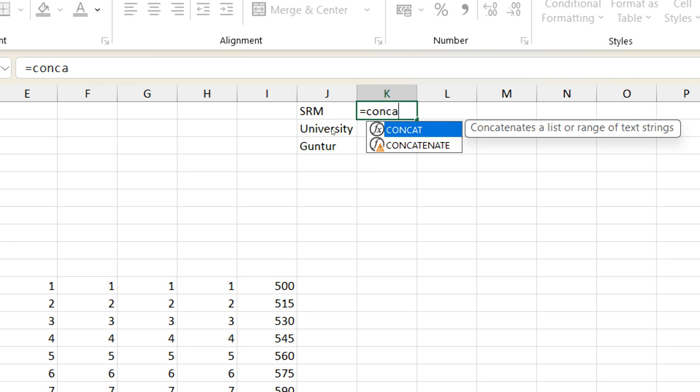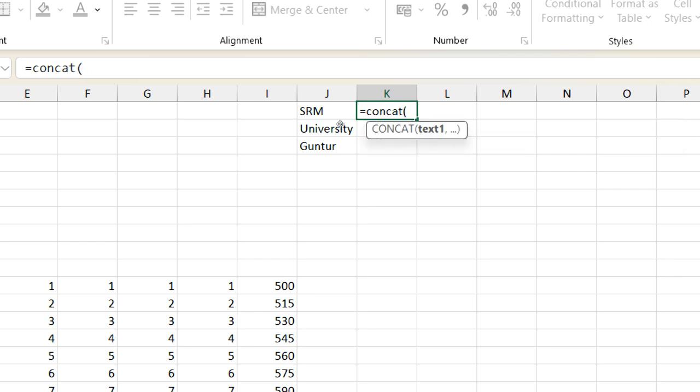In concatenate, you have to select one SRM first, then University second, then Guntur third. One by one you have to select. But in concat, select all the three cells at a time. That is easier here. No need to close the bracket. Excel will close it automatically. Just press enter. It has combined all the three cells into one cell, but unfortunately,